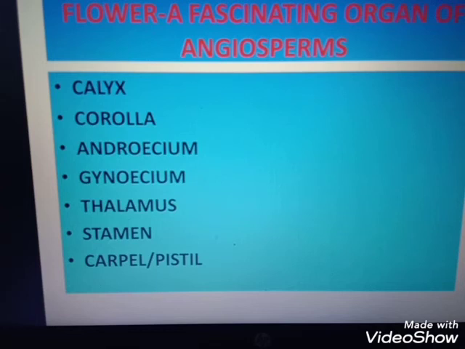Then the next question is a 5-mark question. Describe the sequence of events that led to the development of a 3-celled pollen grain from the microspore mother cell in angiosperms. So you have to write very clearly. From the anther structure to pollen grain formation, that is very important. It is a 5-mark question, so you can mention all the points from the anther to the pollen grain. Clear? You mention all the points.